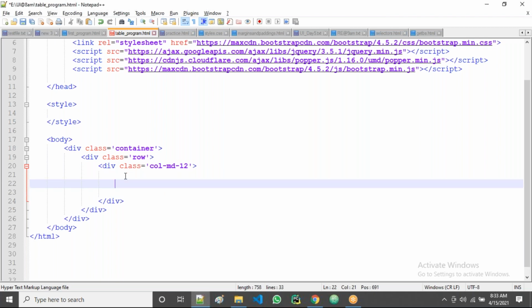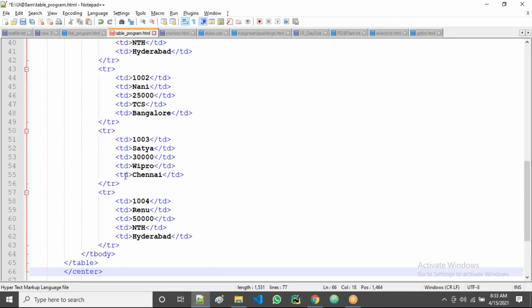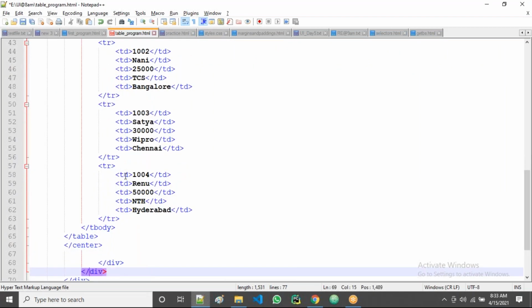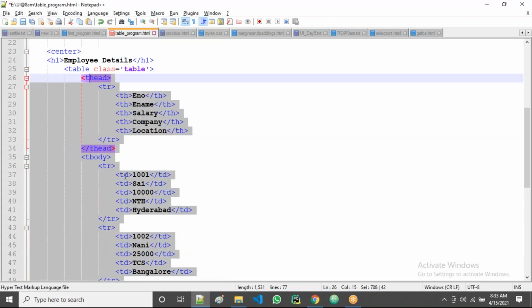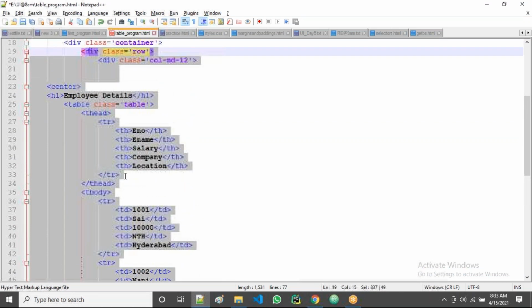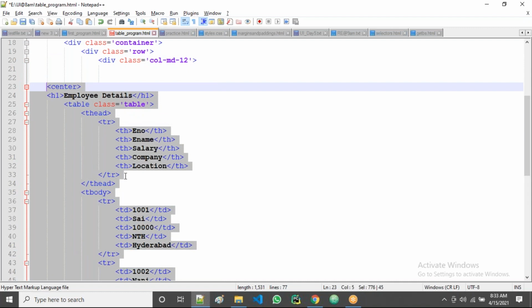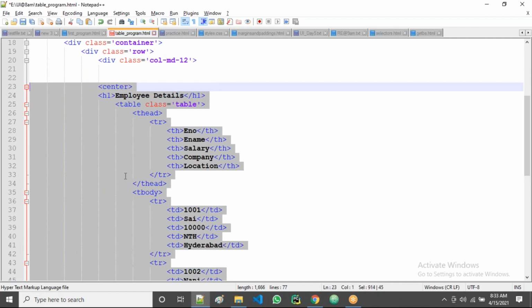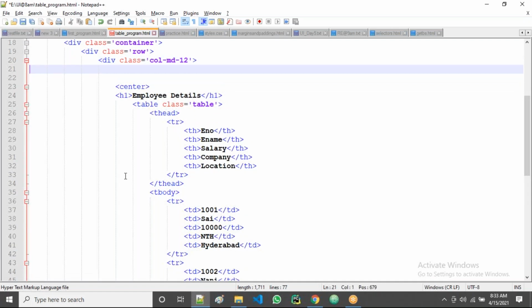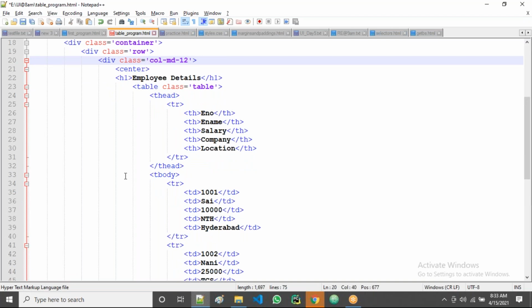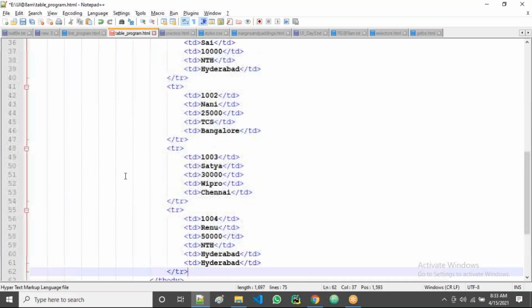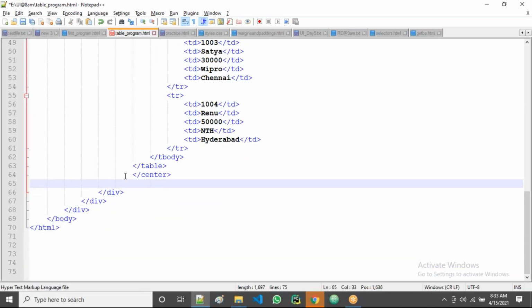So here I am pasting the table. I'll move this a little bit to the right side. Actually, indentation is not required here. Now it looks better, to understand also. Fine, guys.